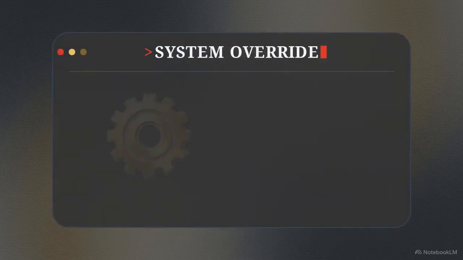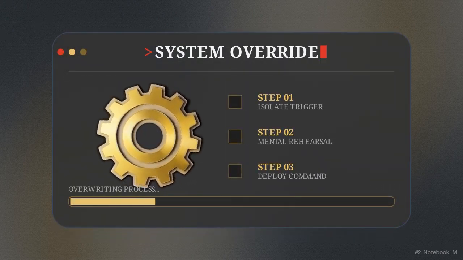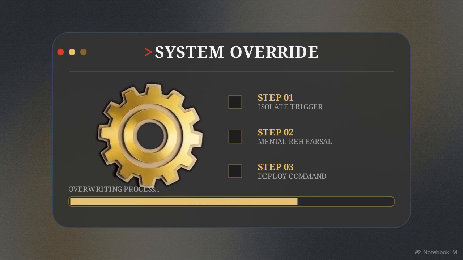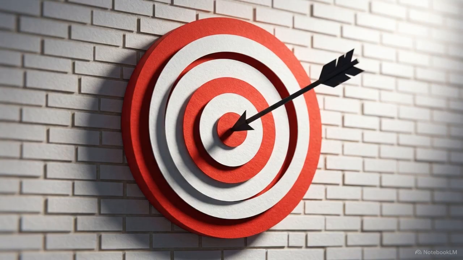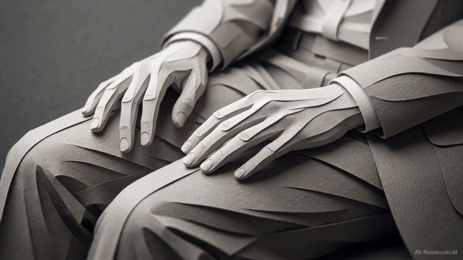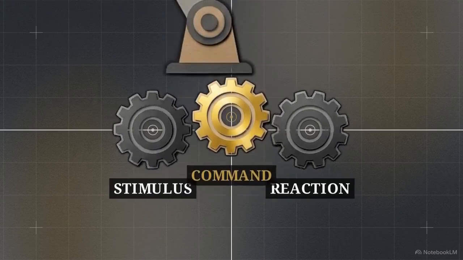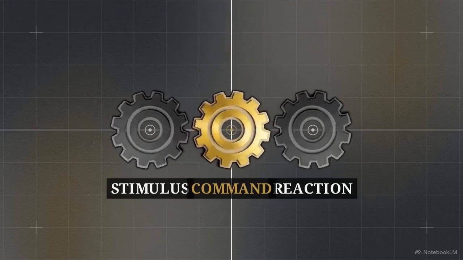Today, we are going to walk through how to build your personalized 3-step subconscious command routine to begin that overwriting process. Before we begin step 1, you need a target. Pick one specific recurring fear you want to work on right now and hold it in your mind. Overcoming this target will not require a sudden burst of bravery. We are going to treat it as a mechanical shift in how your subconscious processes information.